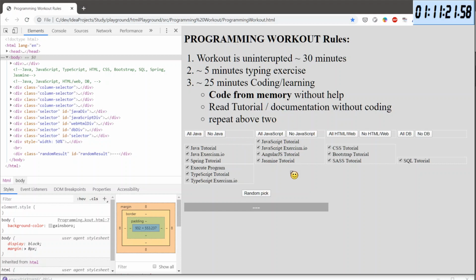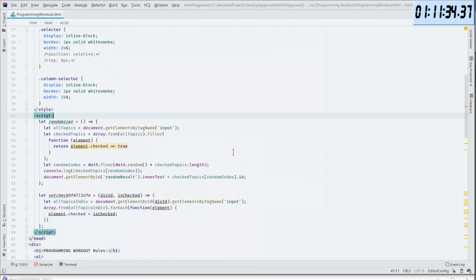And make it somehow even nicer. But currently this works, which I'm really happy about. And we learned something as well, and that is that get elements by tag name does the deep search. So that is cool.